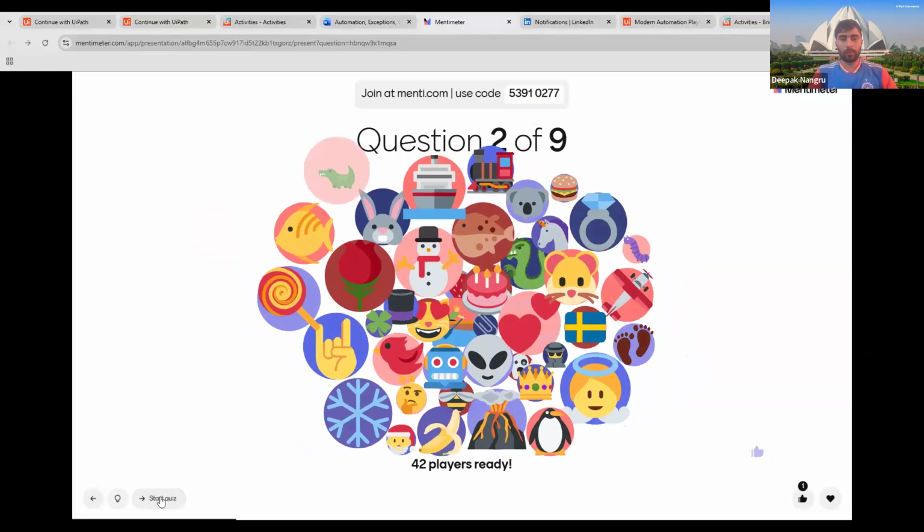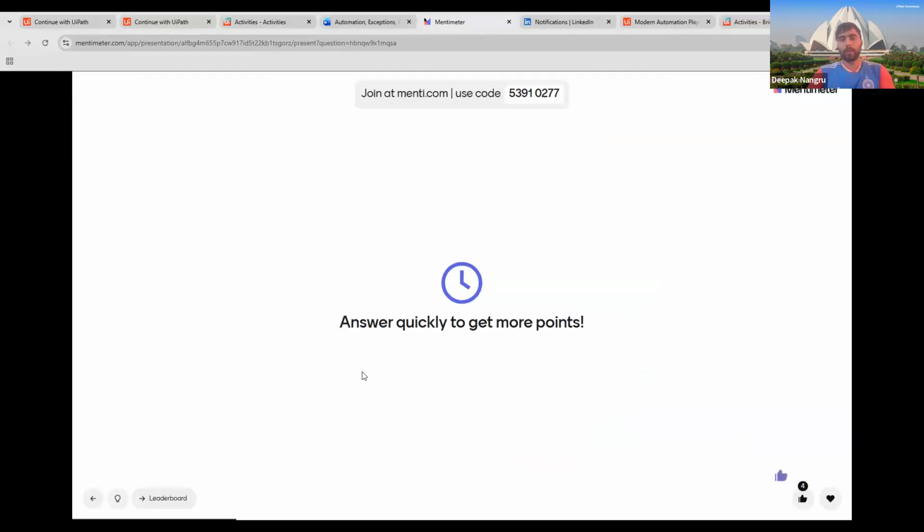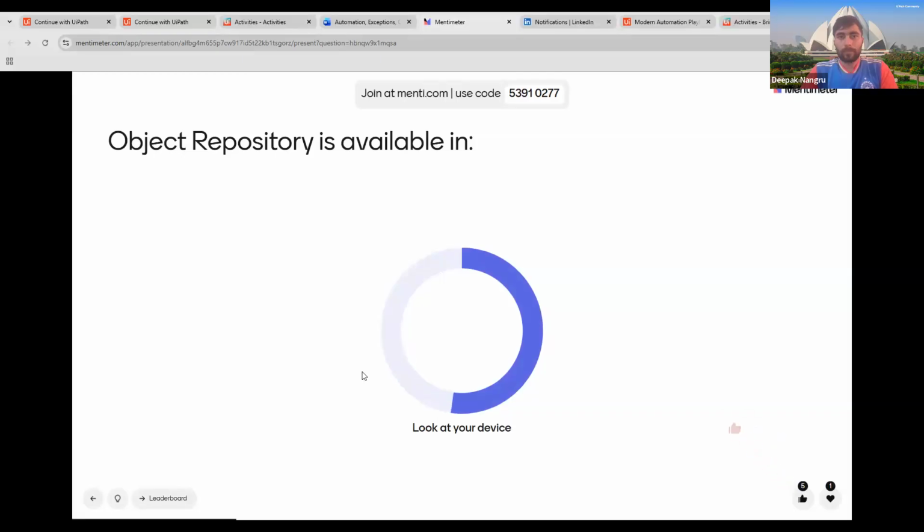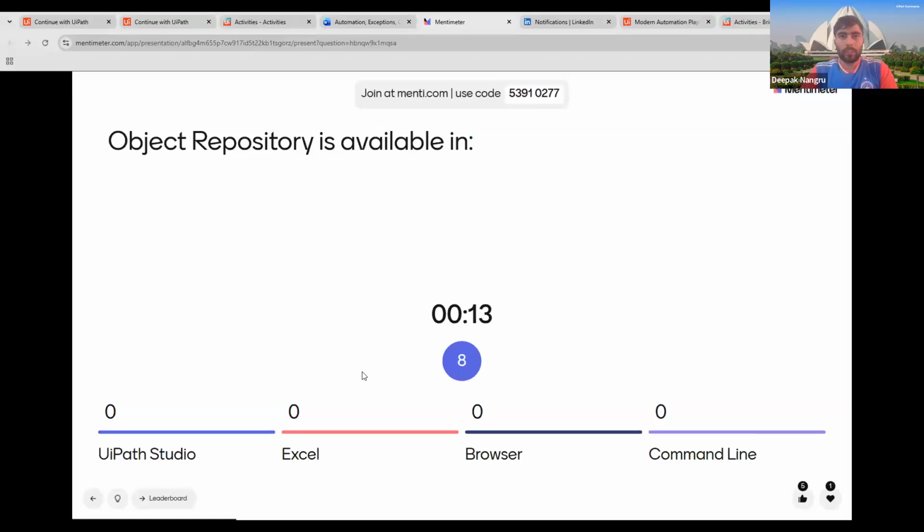Question 2. Oh, 45 players are there now. Object repository is available in UiPath Studio, Excel, browser, and command line.